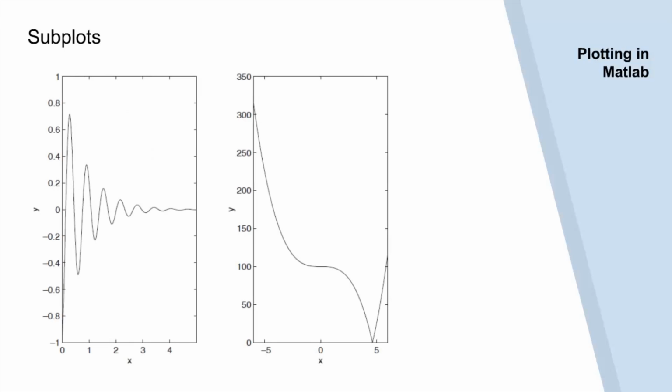The output of this is shown here. So it is very clearly visible. We write subplot(1, 2), so it divided the whole figure window into two. On the left side we have the plot of y equals e raised to minus 1.2x times sine of 10x plus 5 between the range 0 to 5, and on the right side we have the plot for the second function, that is y equals mod of x cubed minus 10 for a range between minus 6 to 6. So this is how subplots work.